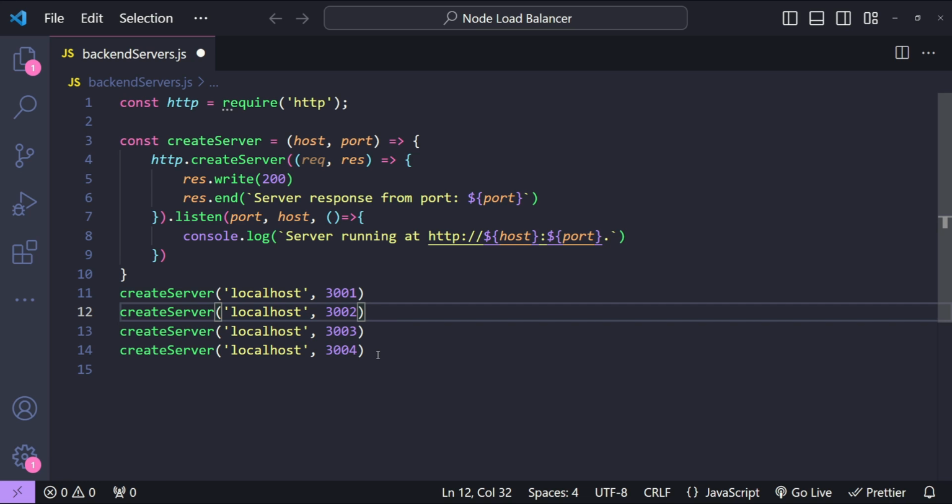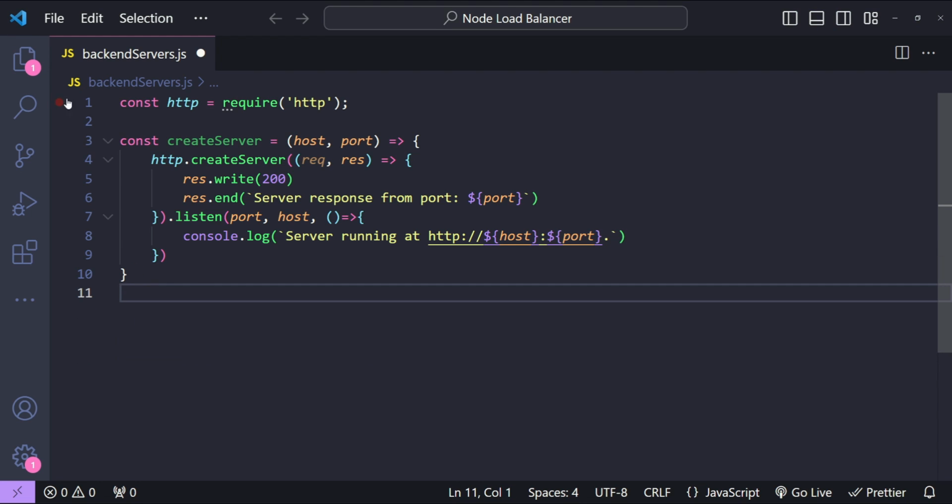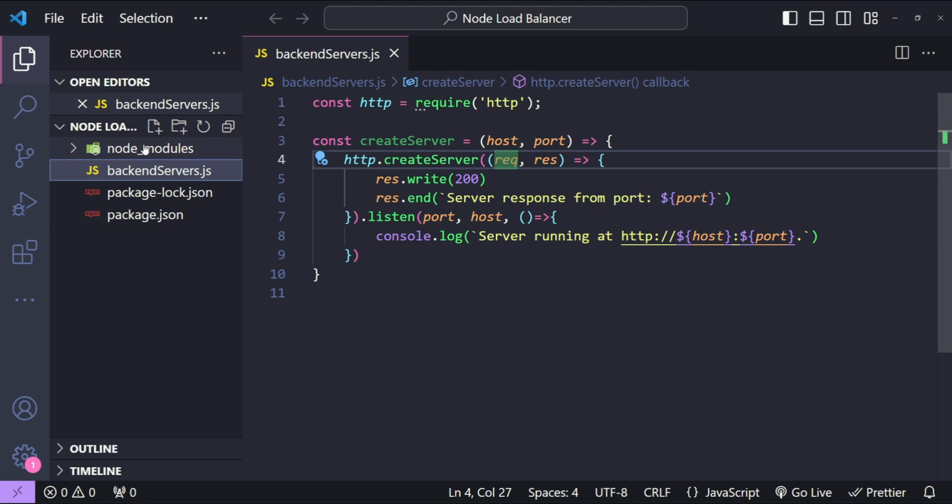Now in any production grade load balancer, there are separate mechanisms for the load balancer to know which services or which backend servers are running, such as service discovery mechanism. But for this simple example, we are just going to create a JSON file which is going to be shared across the backend servers file and our main load balancer. So for that I am going to remove these 4 statements from over here, and then let's create a new file with the name